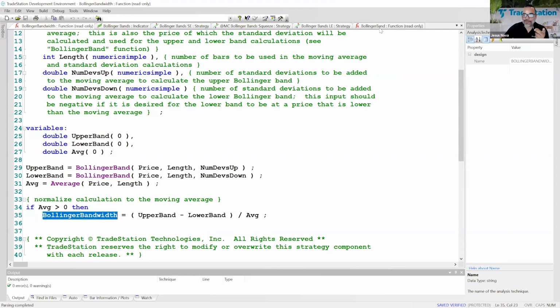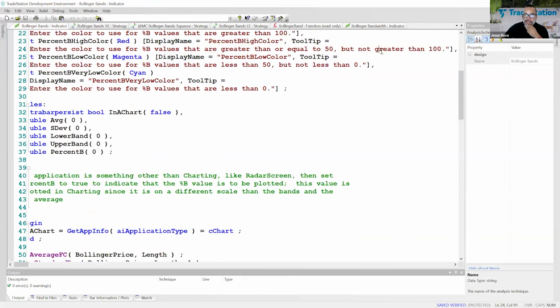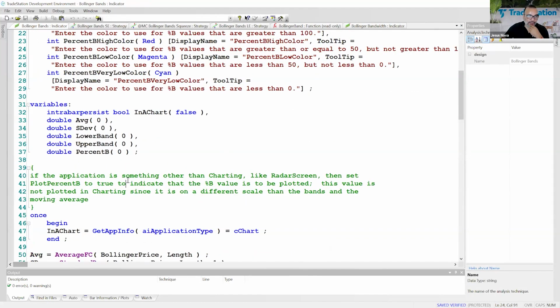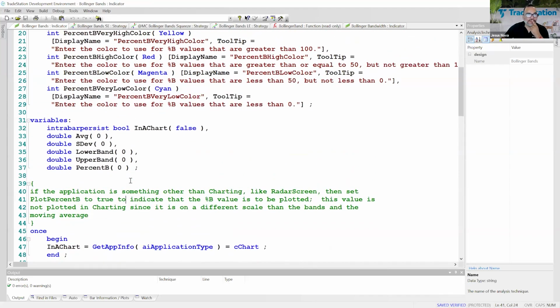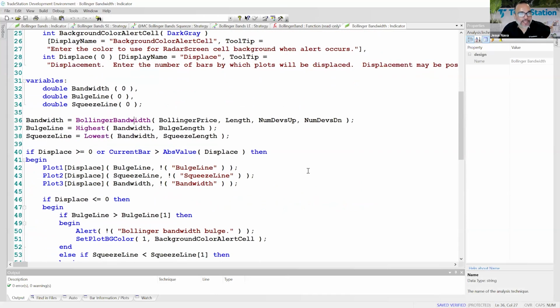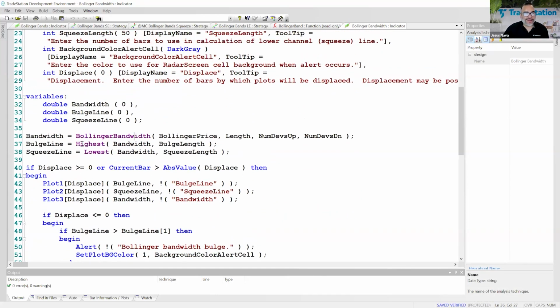If we go back here to my Bollinger bandwidth indicator, let me go ahead and close this one. Okay, here's the indicator. We're back in the indicator. Another thing that gets calculated here... This is Bollinger Bands. Let me go ahead and open Bollinger bandwidth. Here we go. Okay, in the bandwidth, another calculation that's happening is looking for the highest bandwidth and the lowest